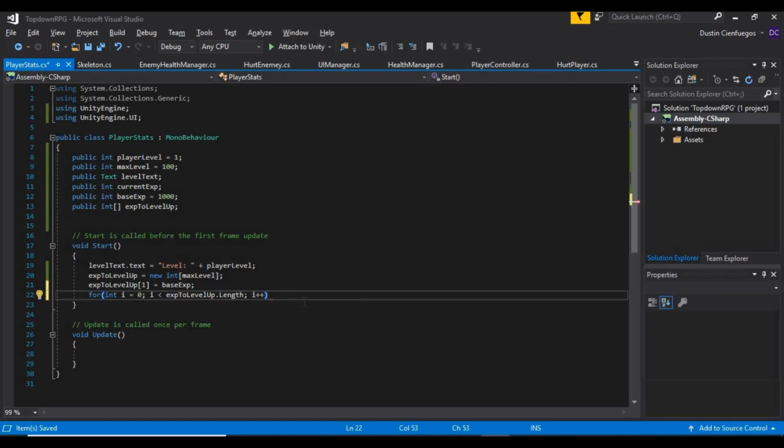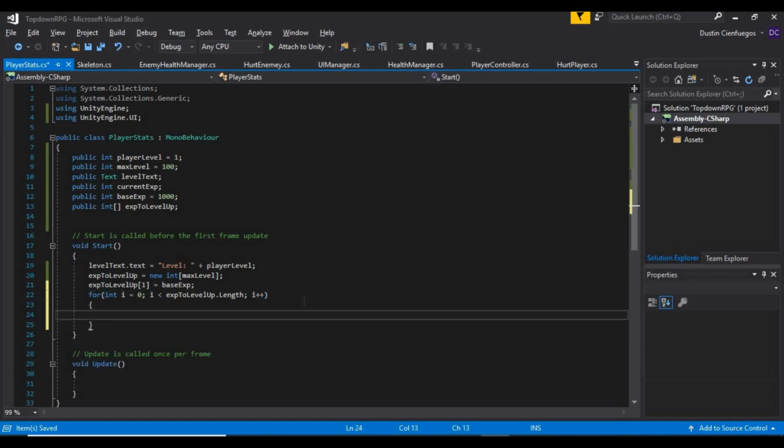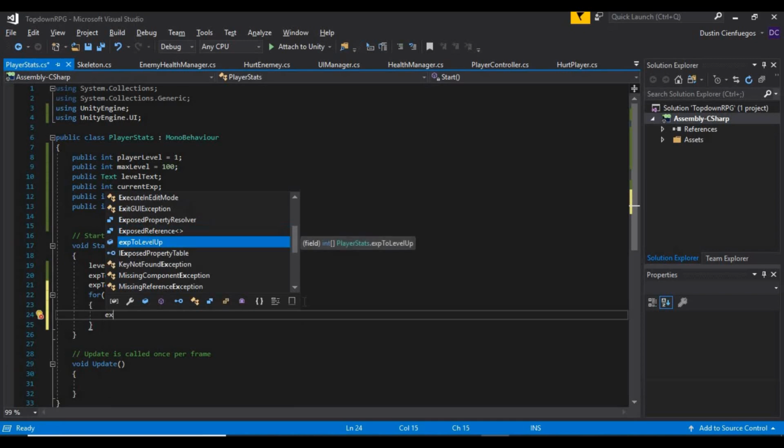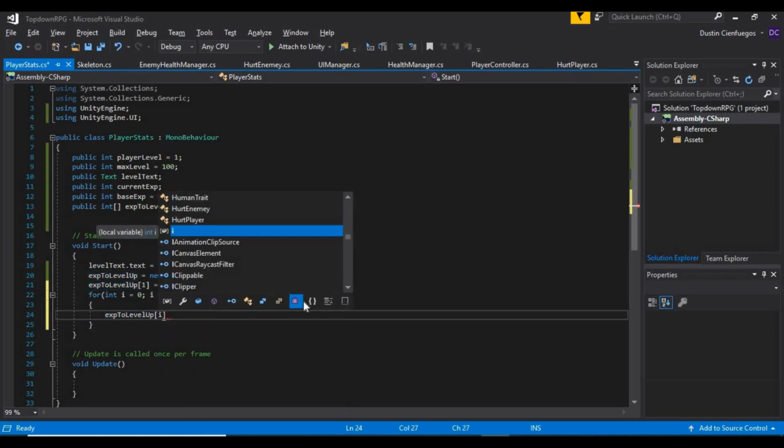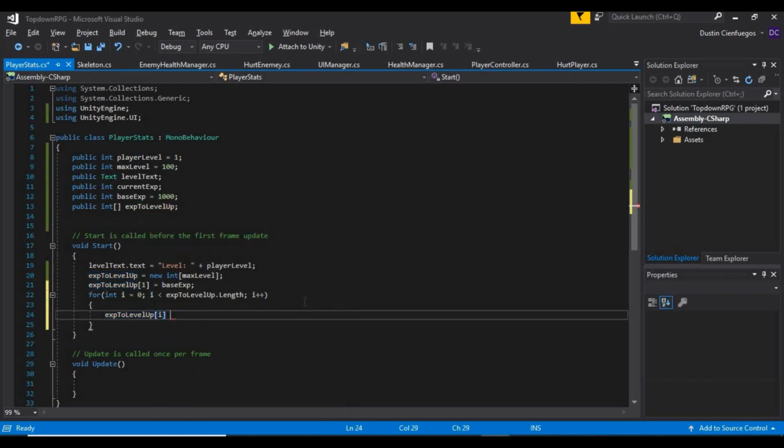So inside of this for loop, I want to say our exp to level up at position i is equal to